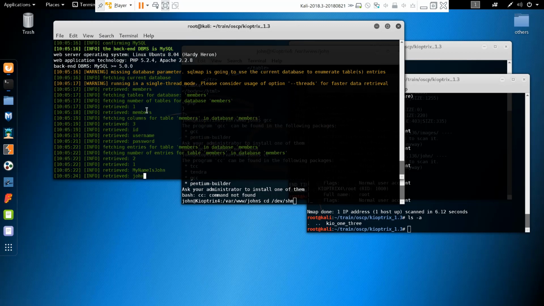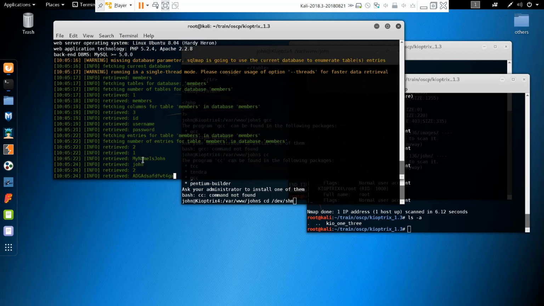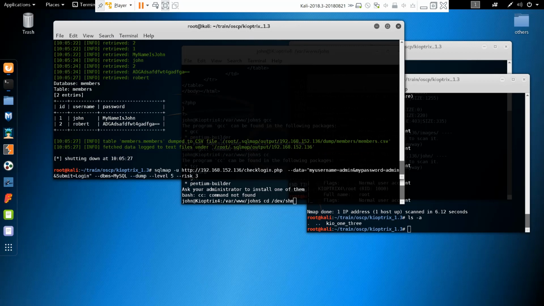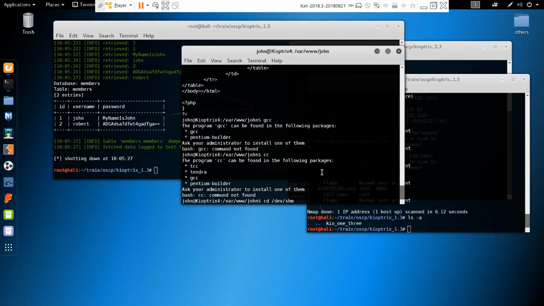Okay, and as we can see, it dumps whatever it finds. So we have John, the password for John, and Robert, the password. So sqlmap and this command is another way of exploiting this SQL injection vulnerability. But getting back to